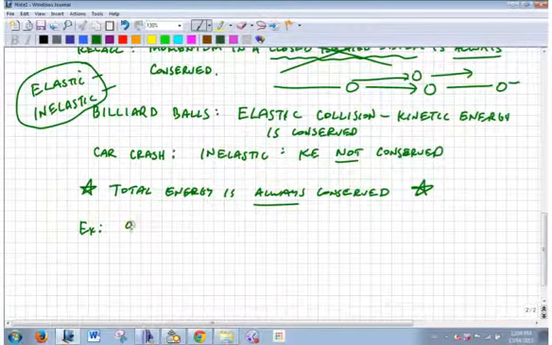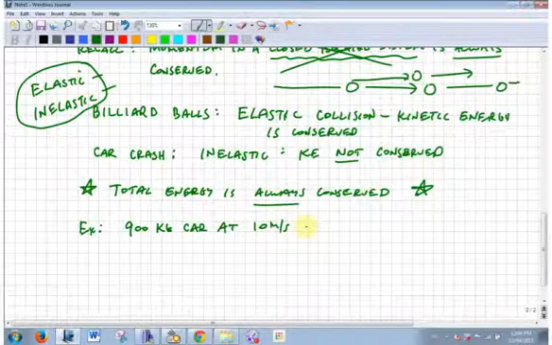Example. A 900 kilogram car traveling at 10 meters a second